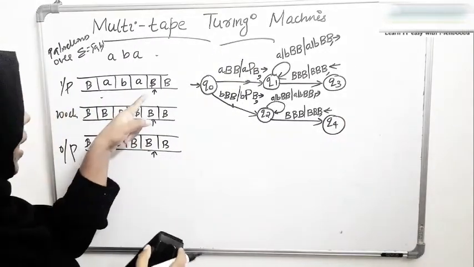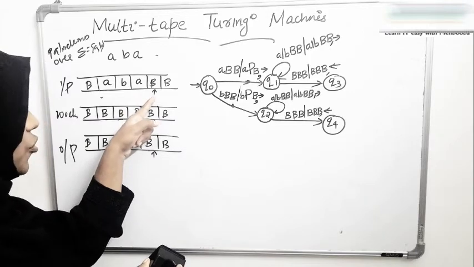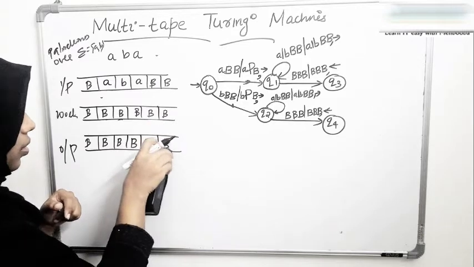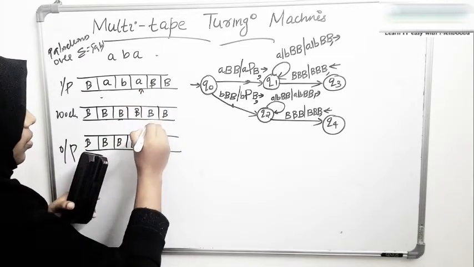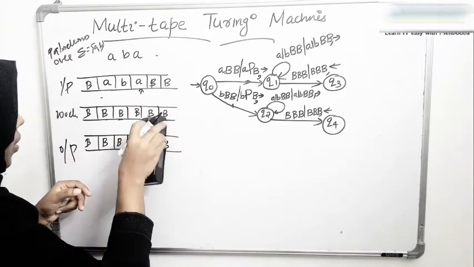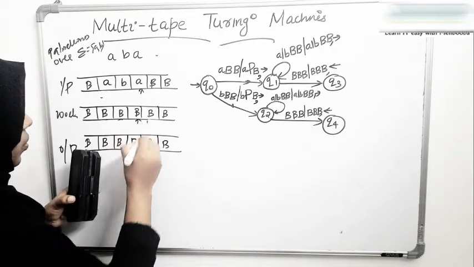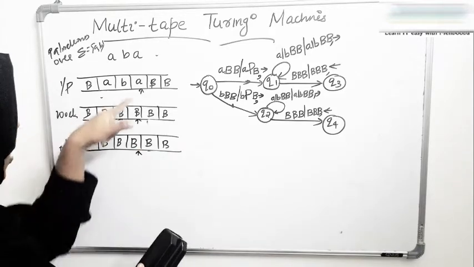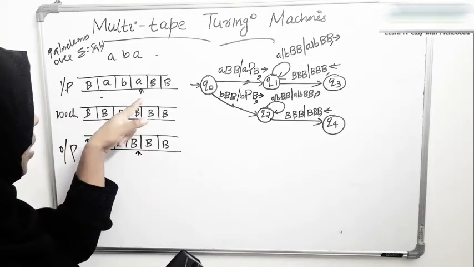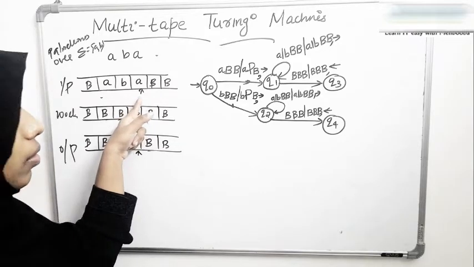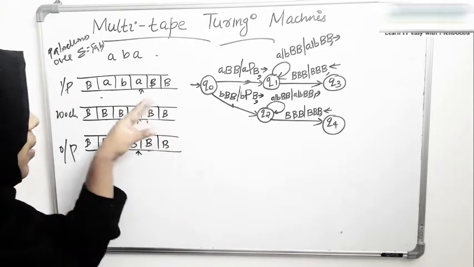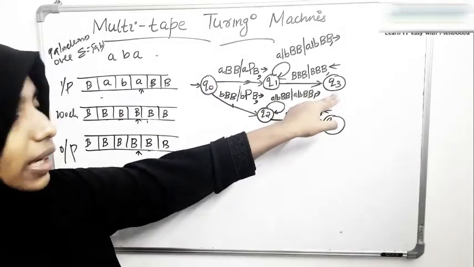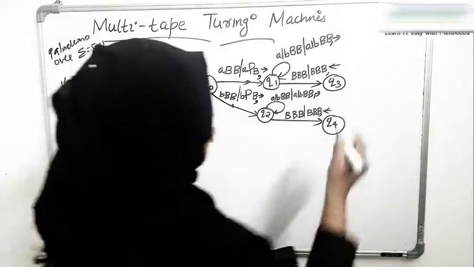Now the current character, when we reach the blank, we just went back to the previous character, isn't it? So we are at this point now. See here, that is an A, isn't it? So if it is an A, because in this part the first character was an A. Now we are at the last character. The last character should be an A.